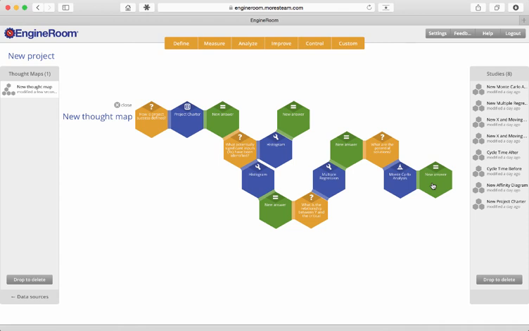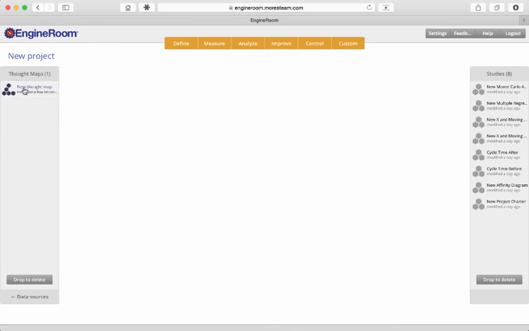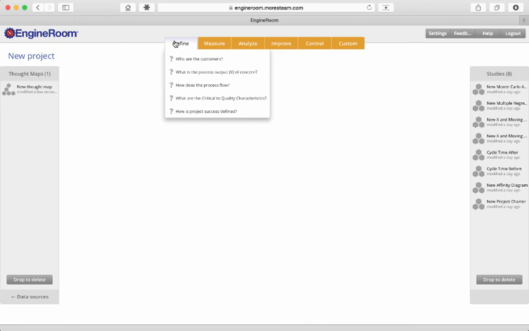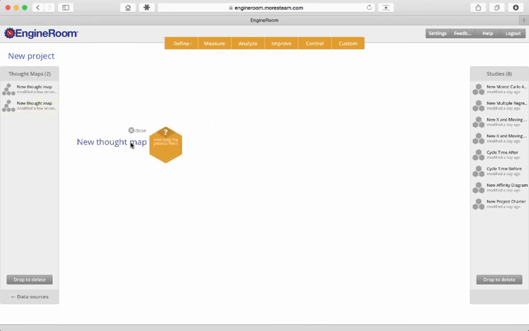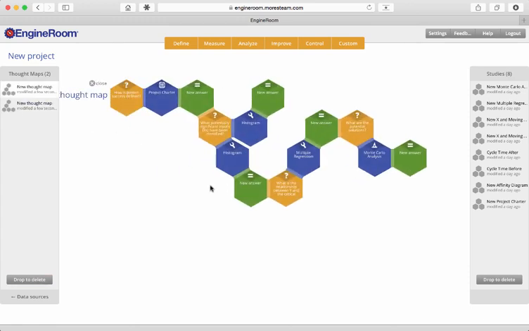And so that's the idea of building a critical thought map, always following this question, activity, answer format, potentially branching from a question into a couple different activity paths, some which might lead nowhere, and some which lead on to additional questions, and finally to our final solution. We can close the critical thought map and create additional critical thought maps simply by dragging down a question and starting a new thought map. And you'll see now we have two over here on the left. If we close it and then just drag on the old one, and there it is again for us to